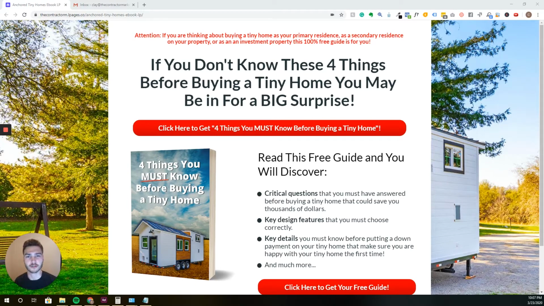Clay here with the Contractor Marketers, and today I wanted to quickly go over a two-step funnel that we built out for a recent client of ours. They're a tiny home builder based in California, and I wanted to walk you through the strategies and the concepts behind this type of funnel, because this is a similar funnel to what we use for most of our clients, right? So basically what it is, you have a two-step landing page sequence, which we build out in